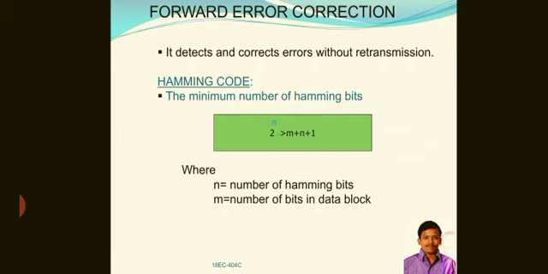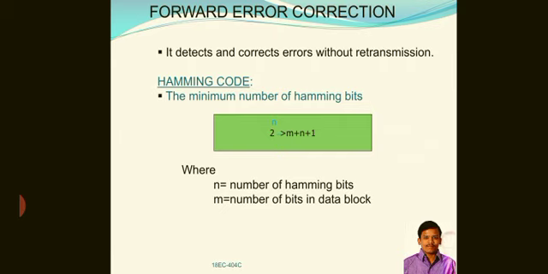For example, let's take a small example. Suppose assume that 4 bits are there in the message or data. Therefore, the minimum number of n, that is the minimum number of Hamming bits to be added, we find by substituting the m value of 4, using the trial and error method. Suppose m is 4, assume n equal to 1, substitute that: 4 plus 1 plus 1 on the right-hand side, and 2 power of 1, so this condition is not satisfied.